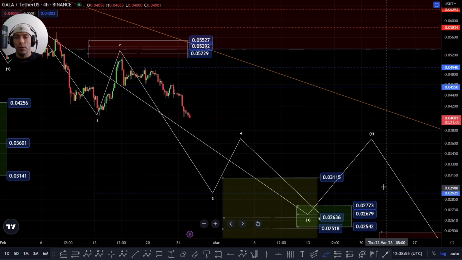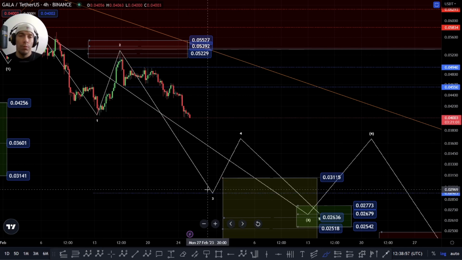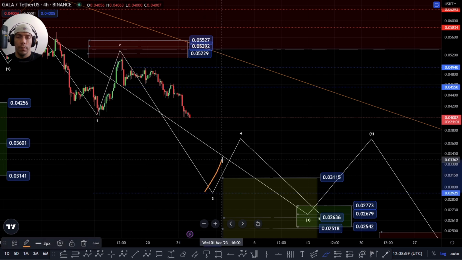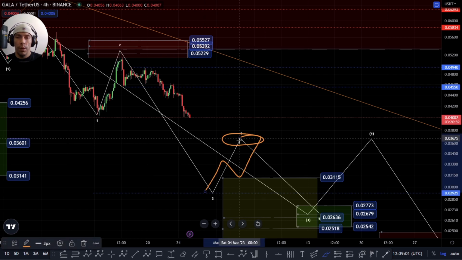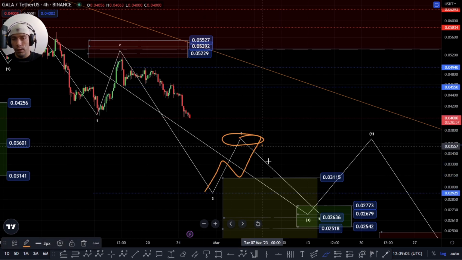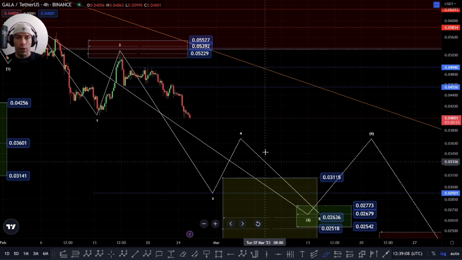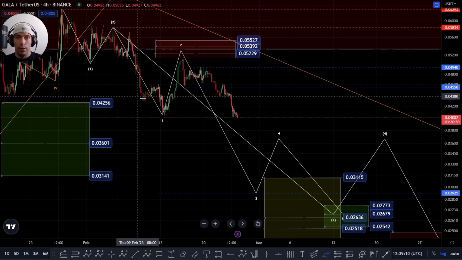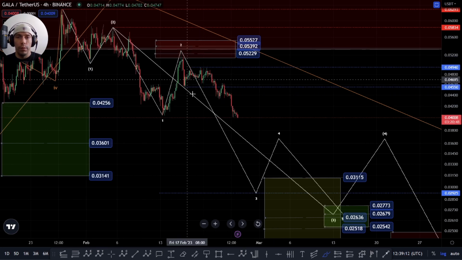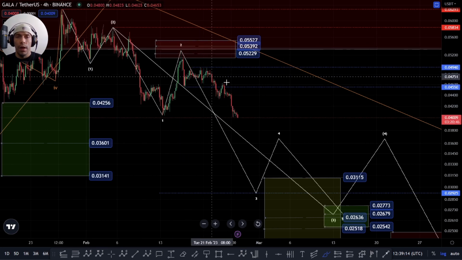And if we do move to that 29425, then what we'd be looking for is that evidence of having this fourth wave here in a three-wave move, and then looking for a continuation to the downside for another fifth wave. So these are things that we're going to have to keep an eye on and take this sort of level by level here and see how we go. Because